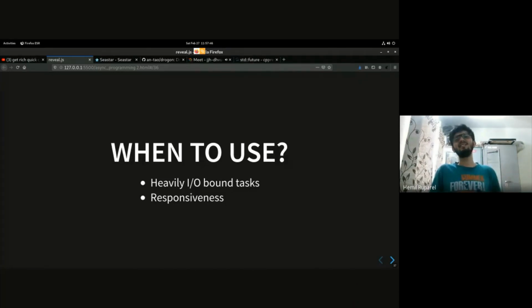And the second case is any kind of user interface program. That may be a website, an app, or a desktop client, but any such user interface will make requests to the background or load some file from the hard disk. And all those operations take time. So we want the main thread to be active so that it can keep responding to user events or show a progress indicator that it's doing something in the background, so the user doesn't feel that the app is hung. Right? That's why we want to care about asynchronous programming.